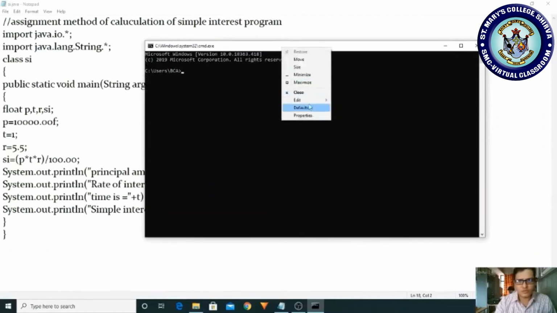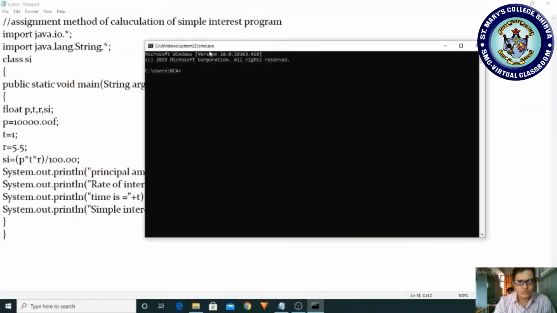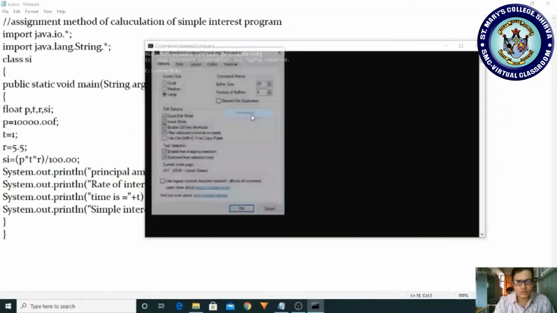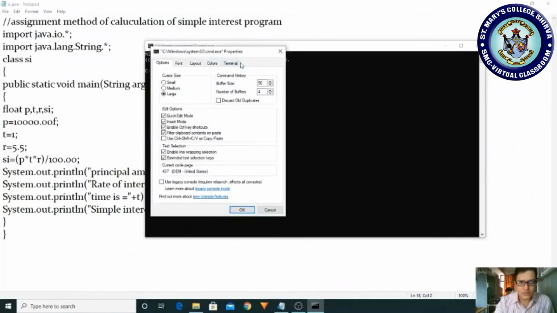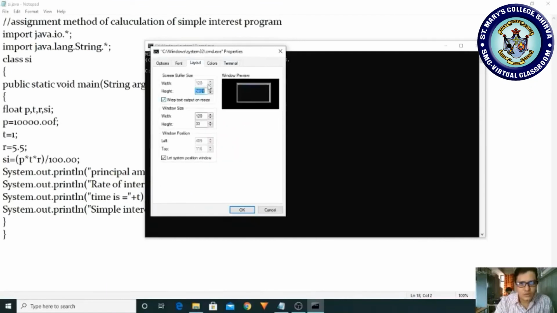If it is not visible, I edit the properties here. I take the size as large. Is there any change? No. Edit properties. Here in the terminal I will change the layout.